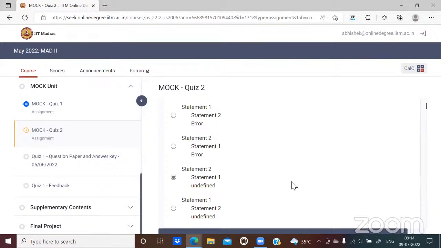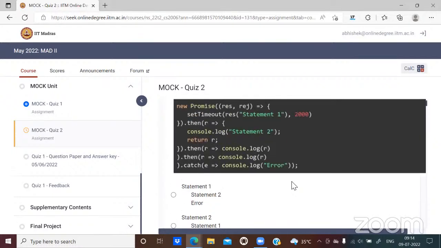Sir, can you repeat the last line you have spoken? I just disconnected. You mean about the catch one? No, sir. In the then, what will be returned? You questioned it: what will be returned in the then block? As nothing is returned. Okay, so what you are able to see here is this then.